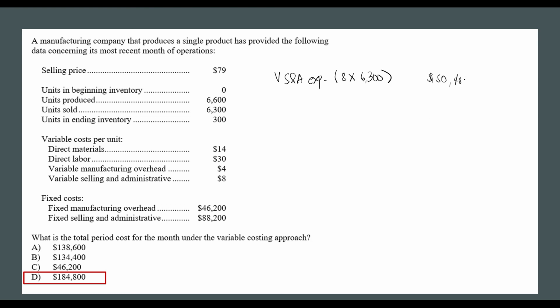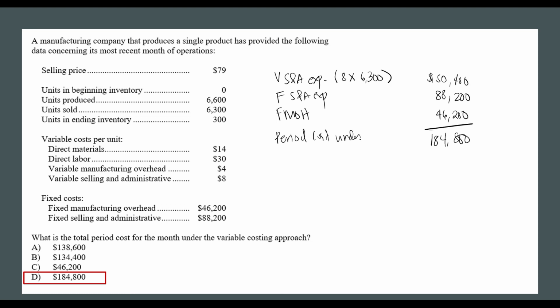And then we need to add your fixed selling and administrative expense that is already given here. It is 88,200. And then we need to add your fixed manufacturing overhead that is already given here. It is 46,200. And then, when we add the three, it should give us a value of 184,800. So, this is your period cost